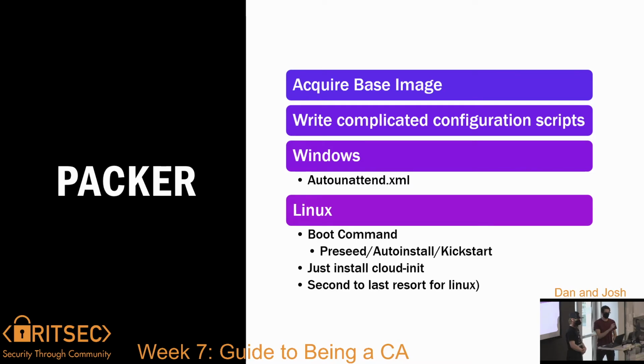So Packer spins up the VM, waits a few seconds, and then just starts typing, which is incredibly jank, but it works. And that's going to kick off one of the three different ways of auto-installing a Linux distro. Preseed is the antiquated Debian way, where you just say, here's a list of every single question that can possibly be asked in the installer. And yes, that is as awful as it sounds. However, up to this point, that's usually what we've had to work with, so we've had to make do.